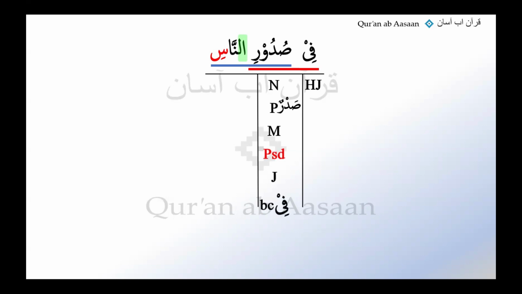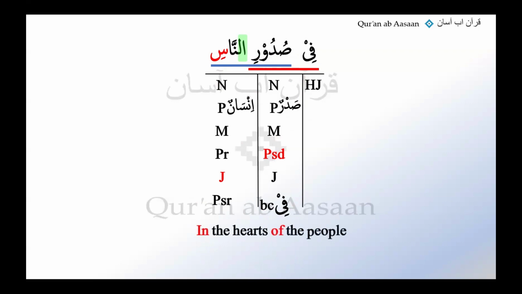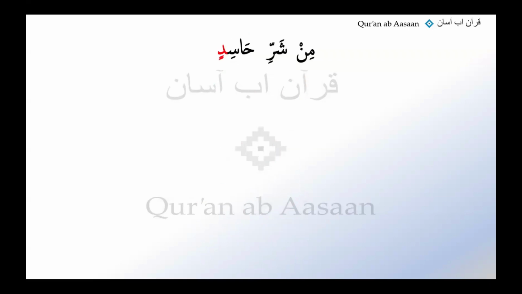Easy. And annasi, noun again. Is it singular or plural? Annasi, we have just done this already today, plural. And the singular is insanun, male, proper, jar, and possessor. Looking back, yeah. And fi sudurin nasi, in the what is sadrun? Suduri? So sadrun is a heart, okay? So in the hearts of the people. All right, excellent, mashallah.